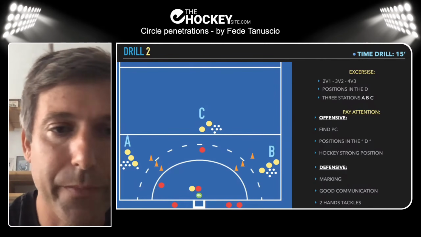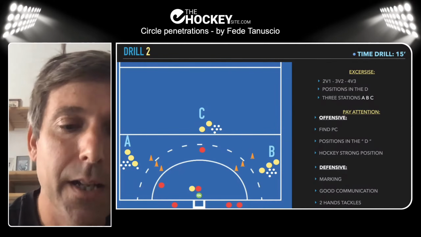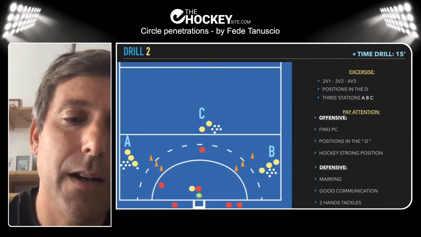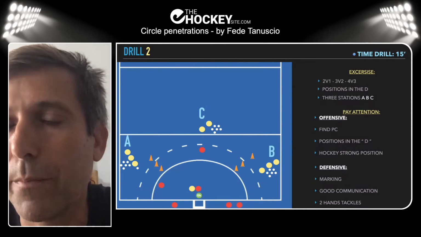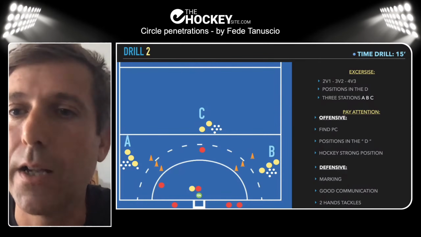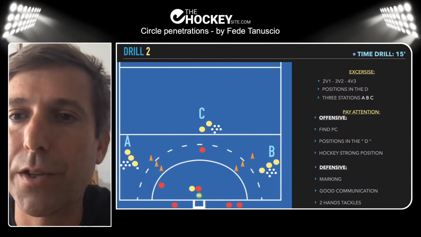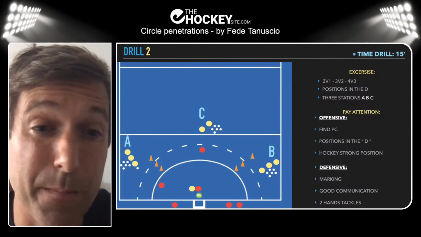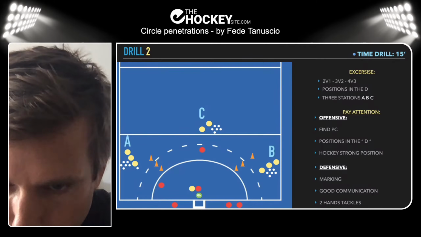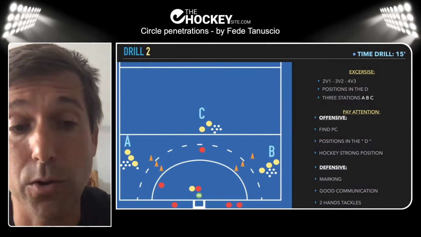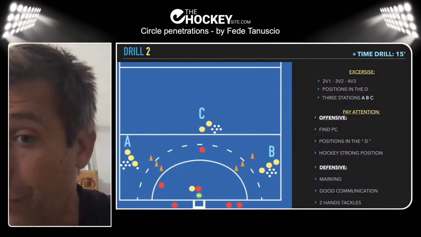So the first drill, we have 3 zones. Zone A, B, and C. We're going to start the exercise like a 2v1 inside the circle. We start playing with 2v1, the first action coming from A, 3v2 coming from the B position, and from C it would be a 4 against 3. Really important points. The offensive points are to go for the strikers, find corners, positions inside the circle,